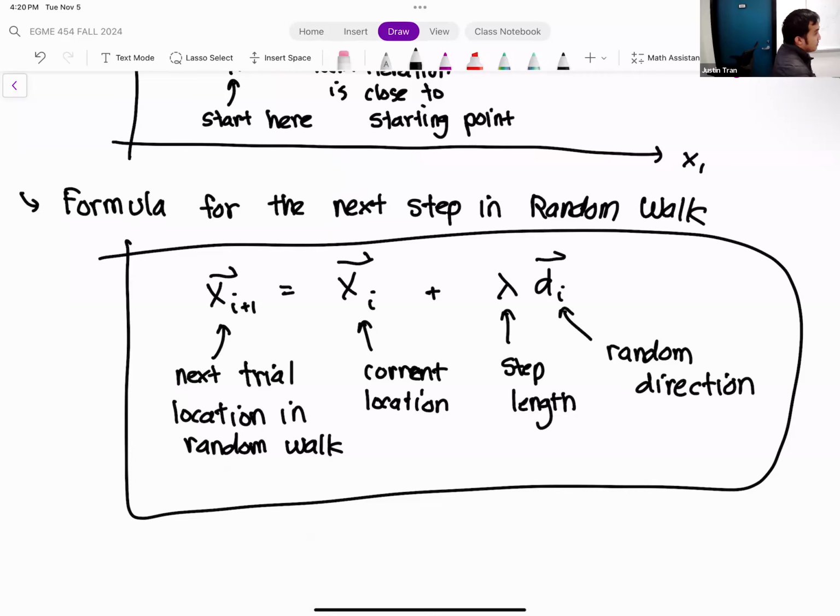So the step length is going to be constant? No, it's not actually. It's going to change. The idea with the step length is that after you've taken a few steps, generally the logic is that you're getting closer to the optimum. And so your step length should be reduced at that point. So first you take big steps because you don't really know where you are, and then once you start to hone in on the optimum, you take small steps.